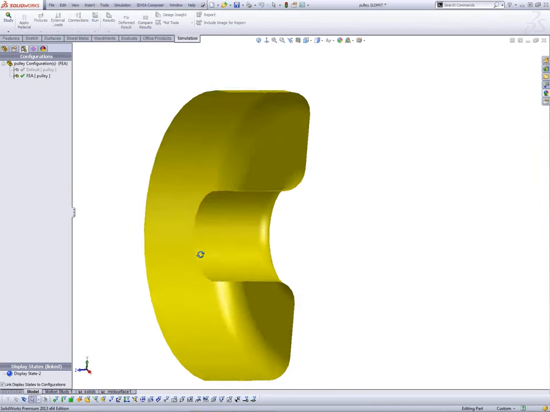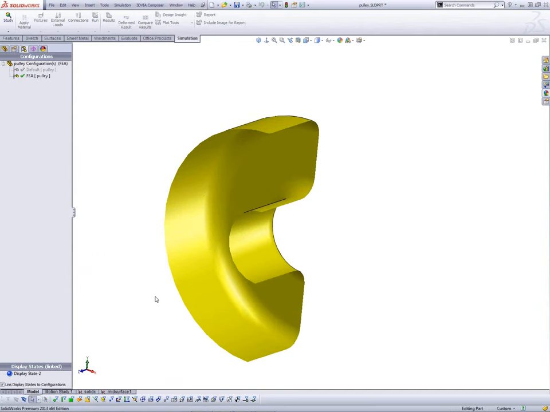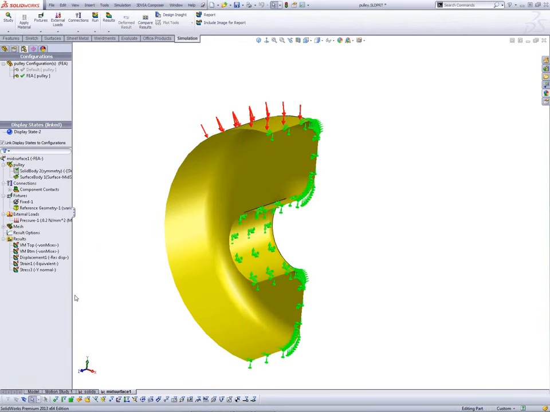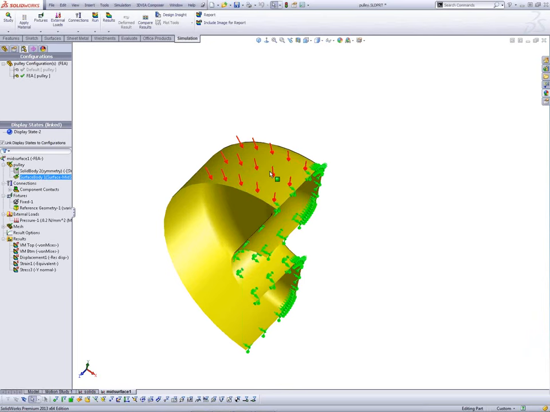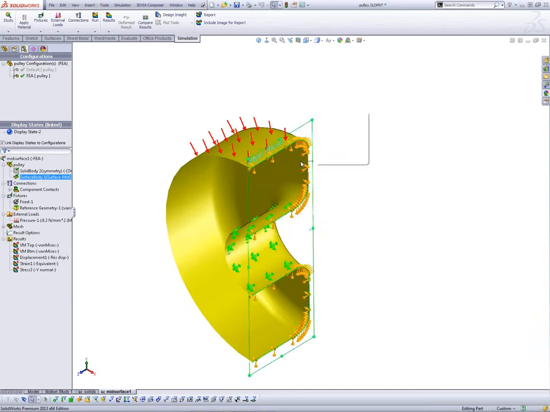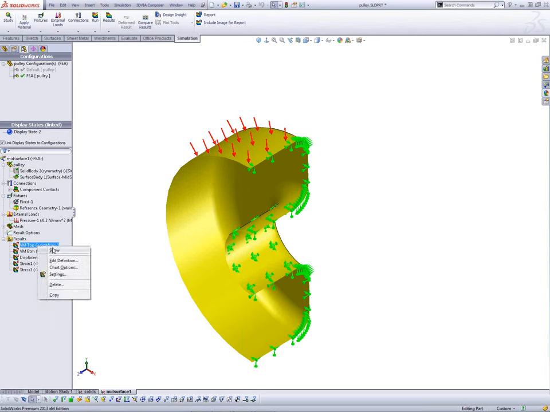So here is the axisymmetric model of the pulley, and this is the setup of it. As I indicated, we've got a pressure load up here applied to the top surface to represent the belt tension. Then we've got the symmetric boundary conditions along the edge that have been cut, and a fixed face here in the middle. Whenever we deal with generating results plots, you'll notice I have a von Mises top and a von Mises bottom. If we show those,